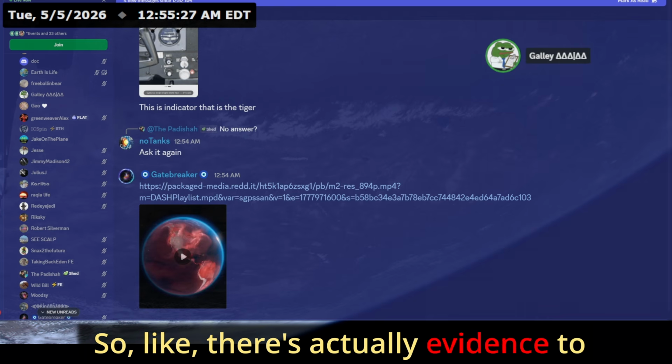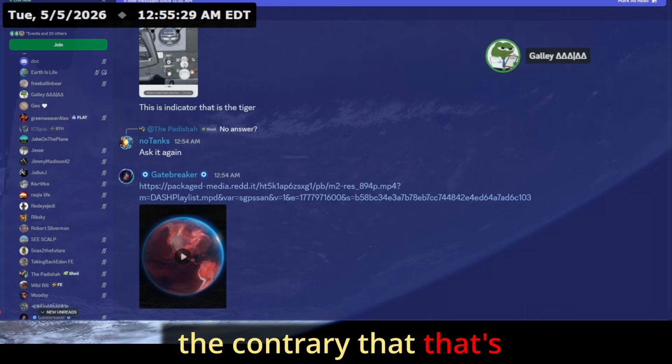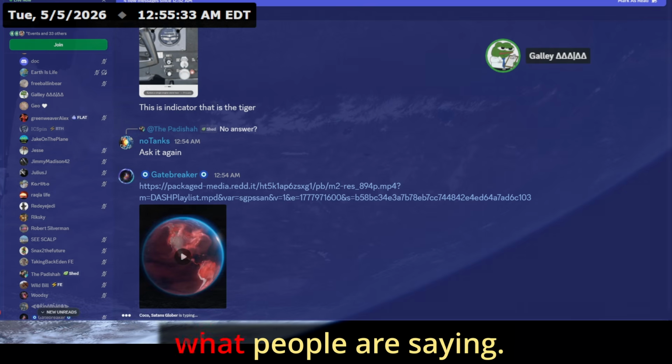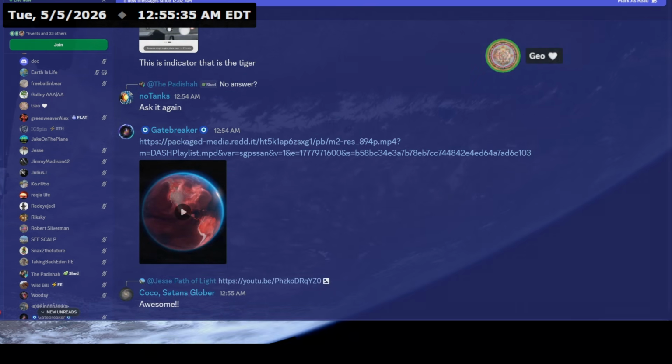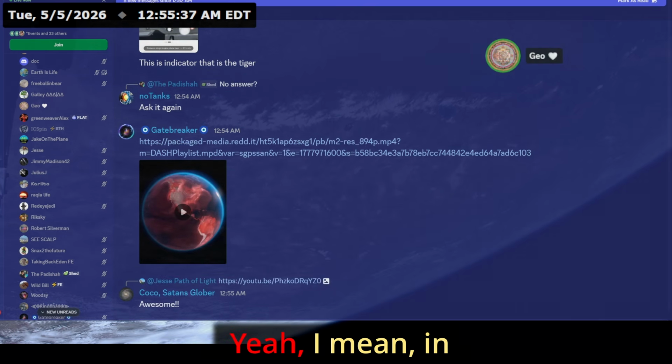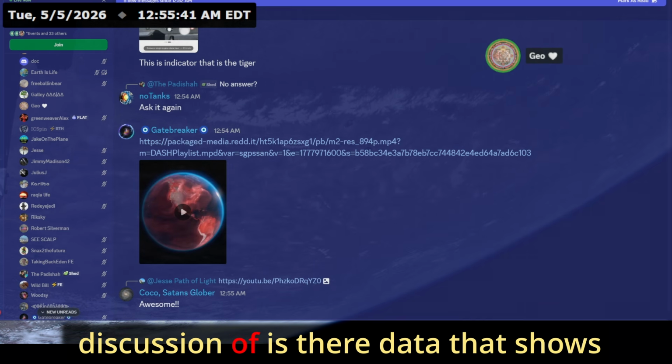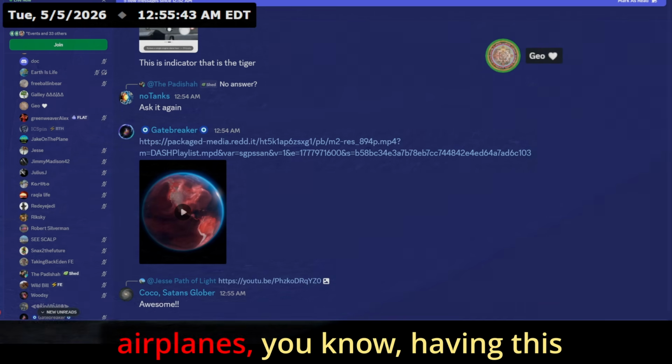So, there's actually evidence to the contrary that that's occurring. It isn't the case that people here are dismissing flat out what people are saying. They're engaging with the points, bolstering them, etc. Yeah, I mean, I'll point to, in the midst of this discussion of is there data that shows airplanes having